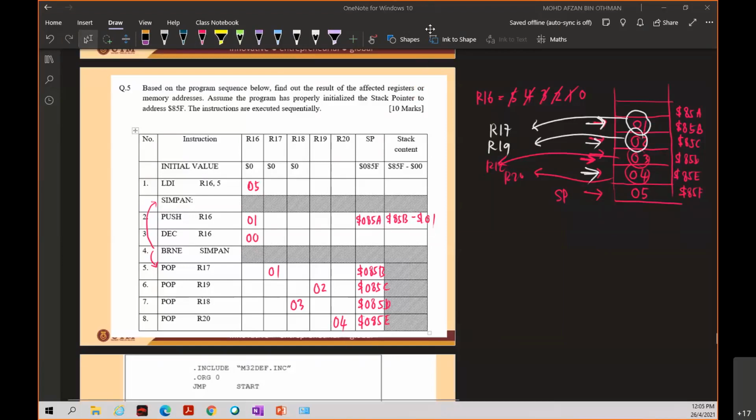Doctor, for the stack pointer, do we store the program counter or not? For the stack pointer, okay, the program counter is still updated. Okay, according